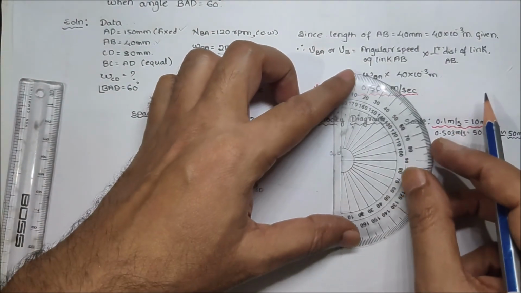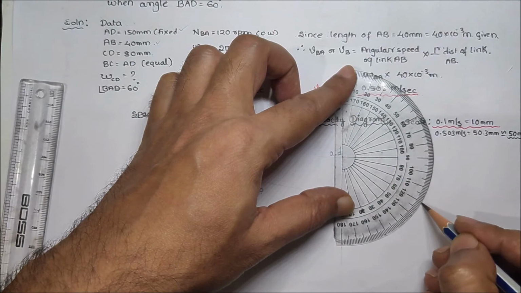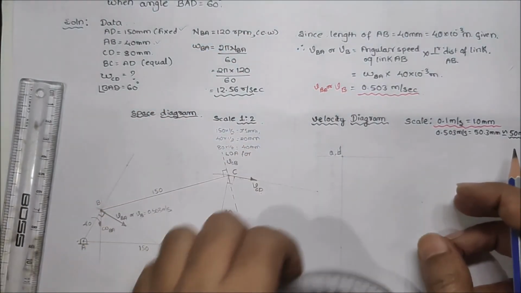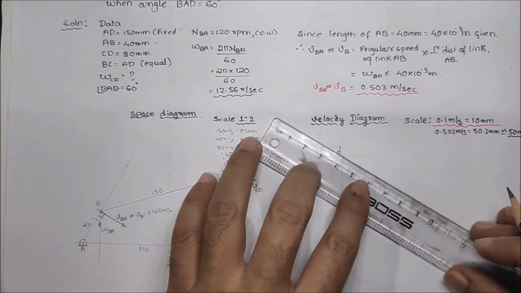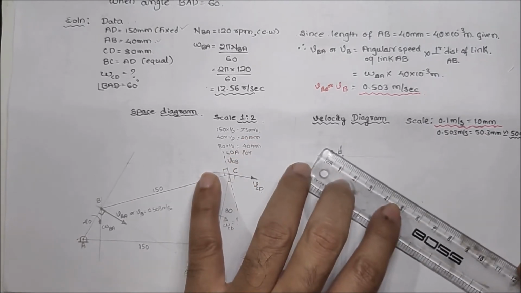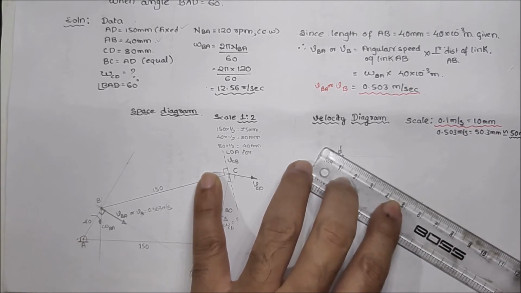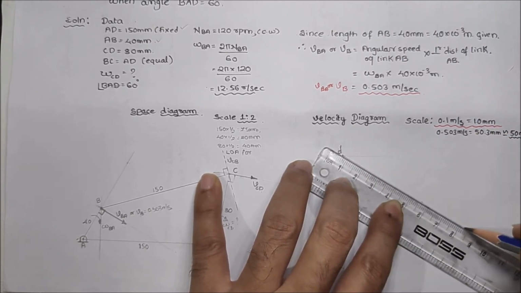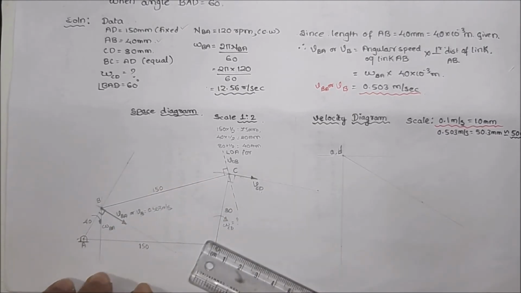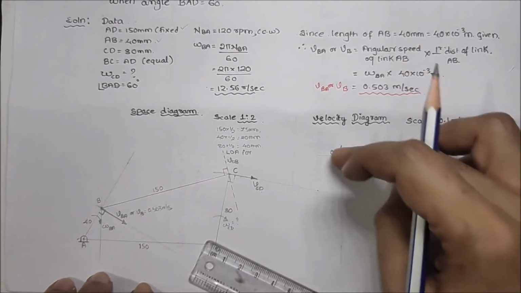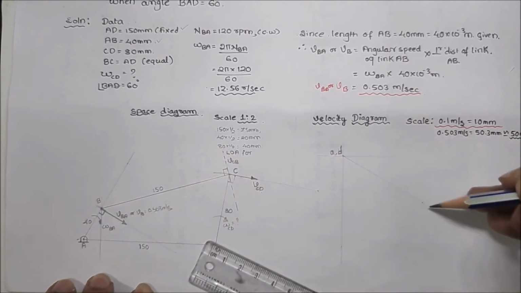So I'll measure this from here, getting an angle equal to 60 degrees, and from there I'm going to draw a line which is passing through the point. This means this line is parallel to this line. Then what is the direction? The direction is downward. This direction and this direction are downward.